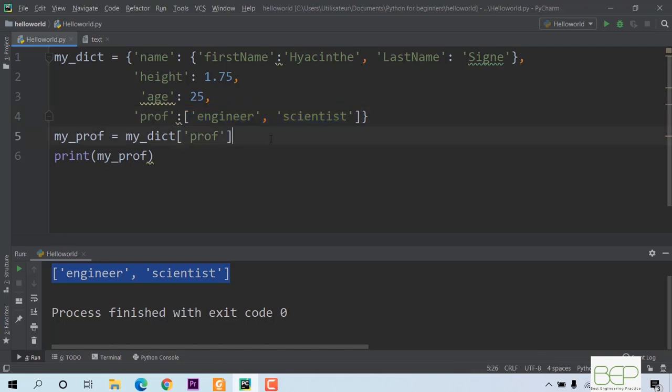So if I want to select engineer, it's at index 0 in this list. So I put index 0, and if I print again, I'll have just engineer. Scientist is at index 1, so if I print again, I'll have scientist only as the value of my variable